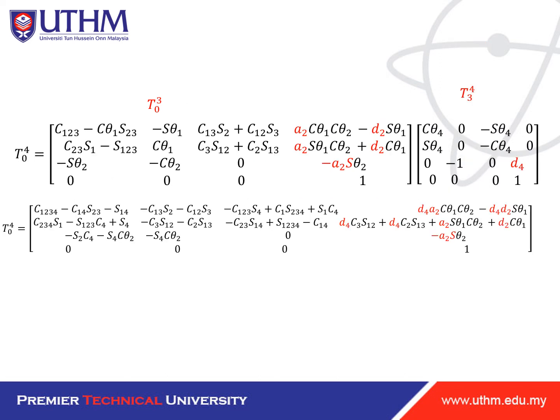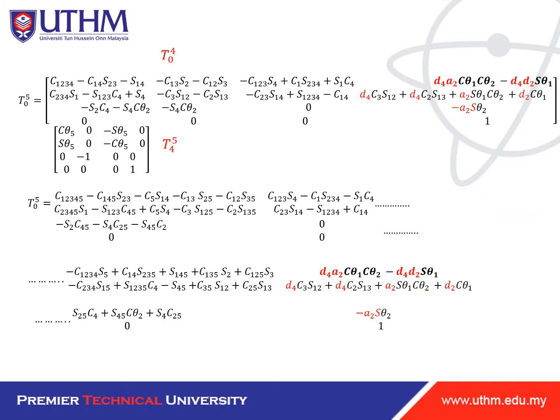We continue with T04, which is T03 with T34. So this is T03, T34, multiply and we get T04. Continue again. Yeah, it will become much bigger. T05